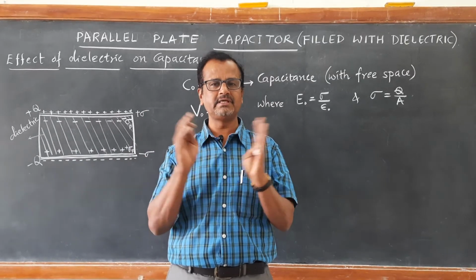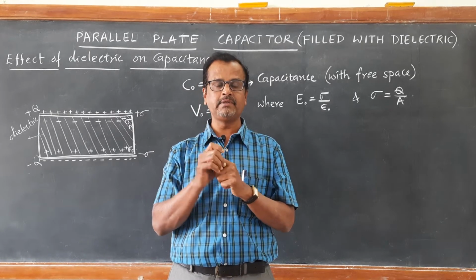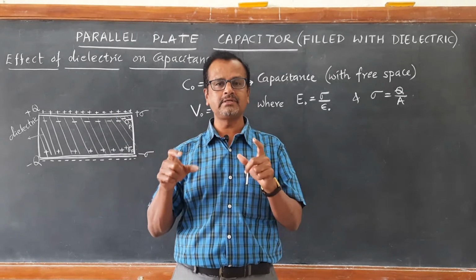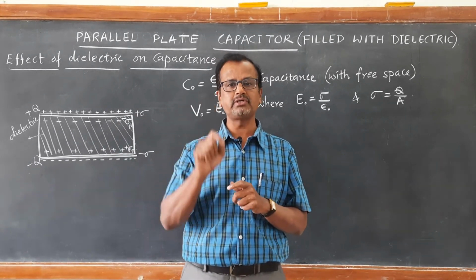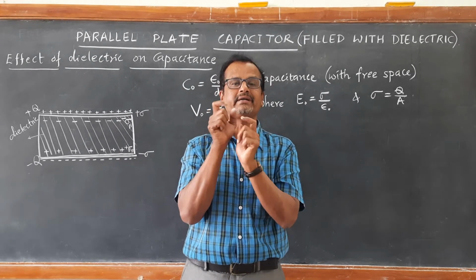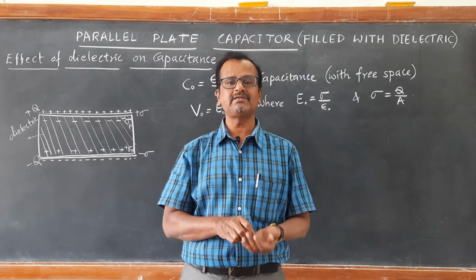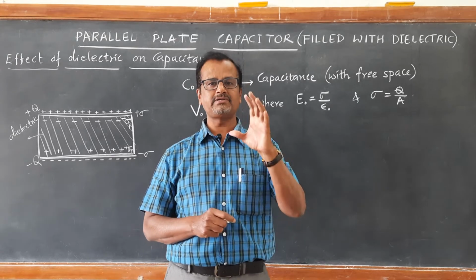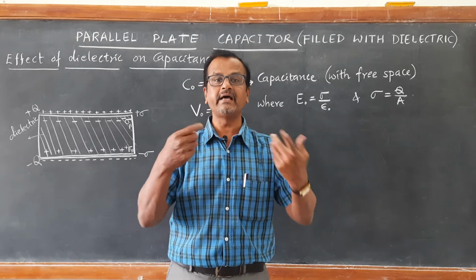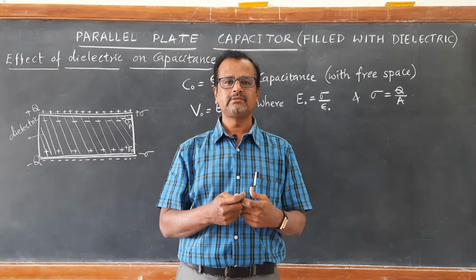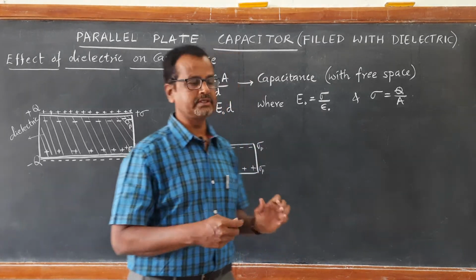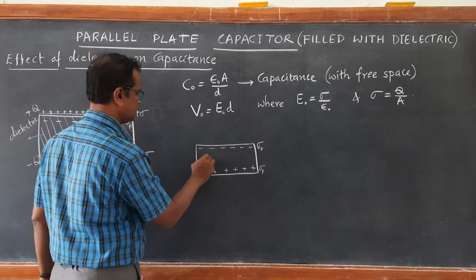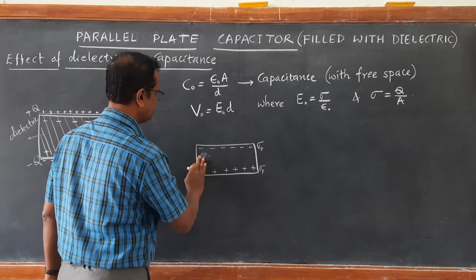The charge Q does not change. Charge Q is divided by the total potential difference after insertion of the dielectric, which is now reduced. When V in the denominator is reduced, the capacitance of the capacitor filled with the insulator, that is the dielectric, increases. By how much it increases is what we are going to see now. So, now this is what I have represented separately for a dielectric.